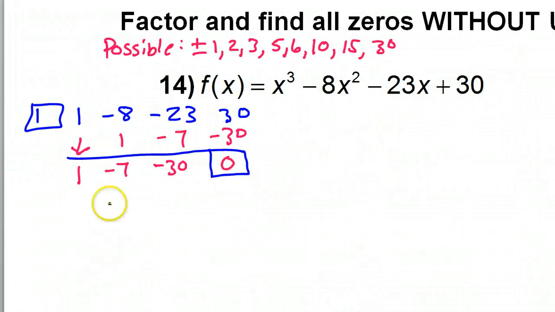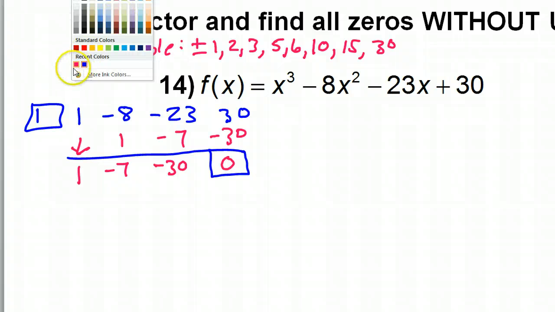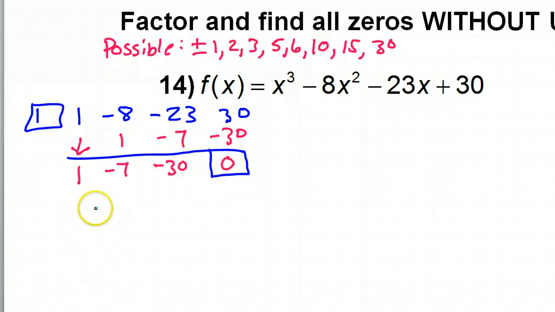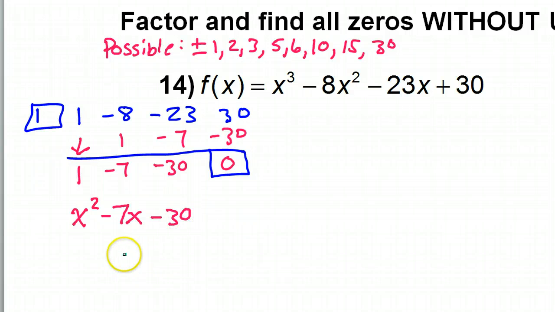Now, once I get down to a trinomial, I'm not going to keep guessing. As soon as I get a trinomial, I'm going to go ahead and put my variables back in, and I'm either going to factor or use the quadratic formula. So this will become x squared minus 7x minus 30. Okay, so will this factor? Let's see. X squared is x times x. 30 is many things,